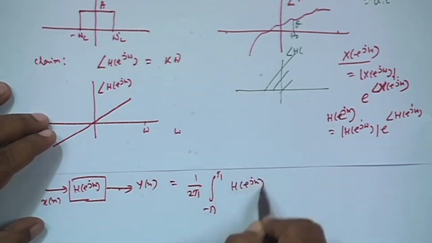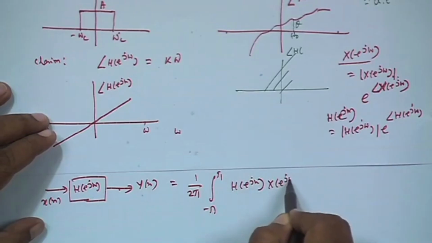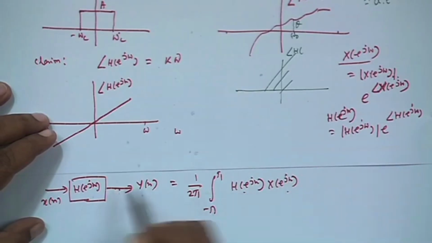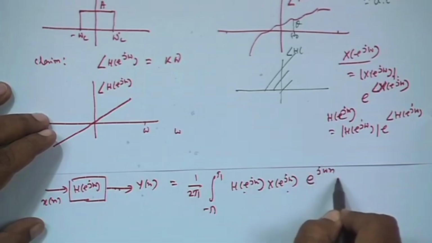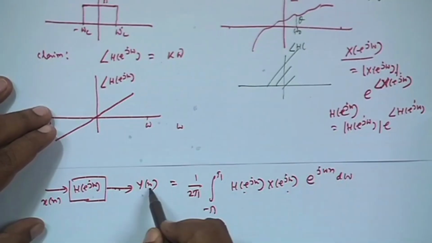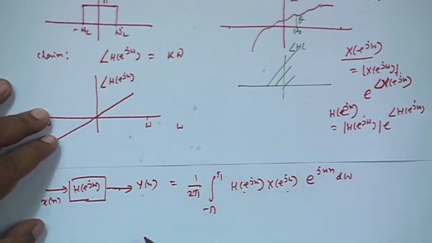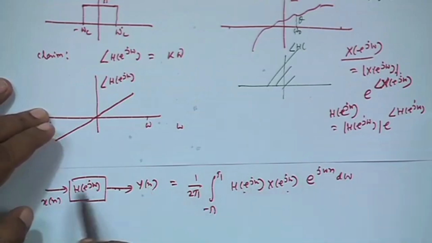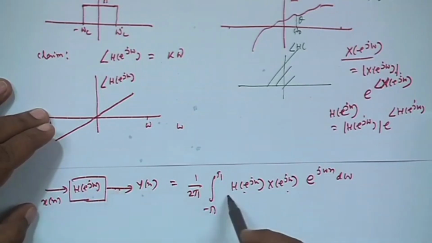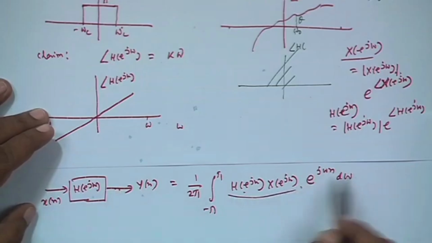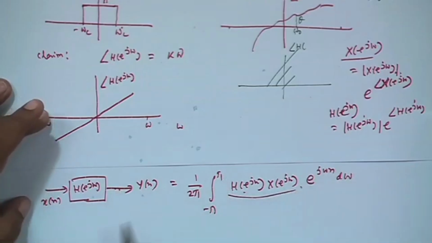Product of the two DTFTs. Product of the two DTFTs, output DTFT, and then e to the power j omega n d omega, the e to the power j omega n is coming from here, your choice. This is the formula. We have seen it earlier also. The two DTFTs are multiplied, that is output DTFT, that times e to the power j omega n d omega, minus pi to pi. And now, if you carry out this product,